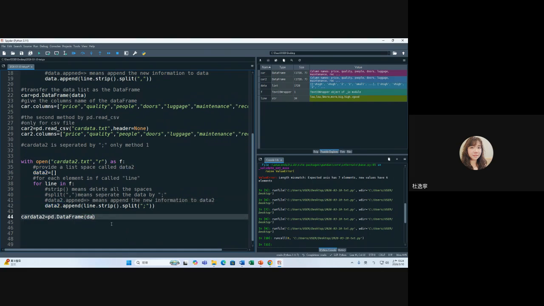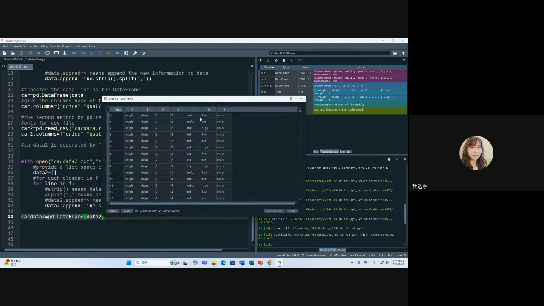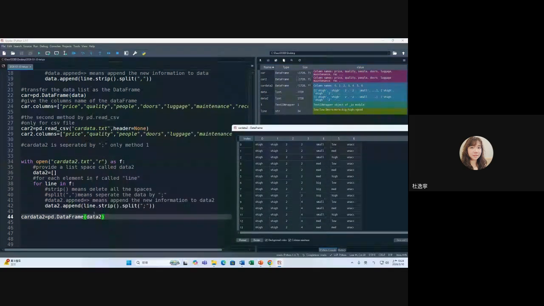So I put it into a data two. Wrong. 好，now this is the data two. This is card data, right? Card data is semi-comma. 你用这个方法是不行的。好，刚刚我们用的 pandas 这个它不 work。好，那你要长得像这样子，你得这样做。